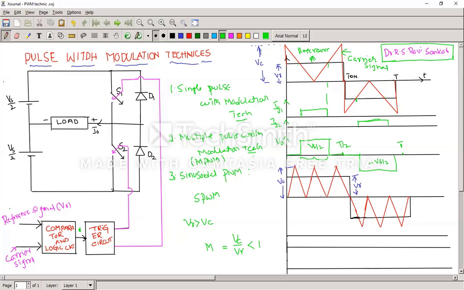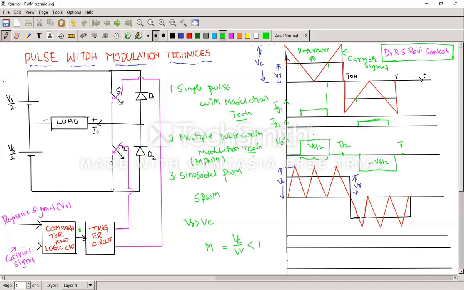How much frequency we are maintaining for the reference signal, the same amount of output voltage we are getting at the load. The main disadvantage of this is that if you see this waveform, it is symmetrical about the x-axis. The positive cycle is the same as the negative cycle. Next, it is also symmetrical about